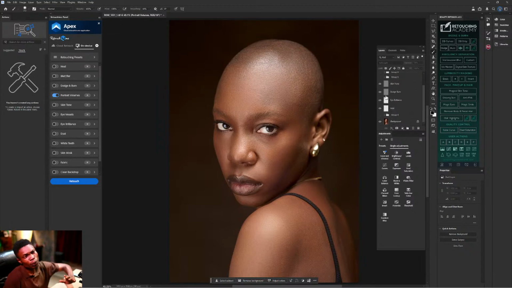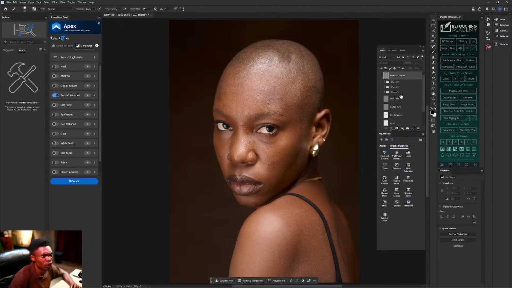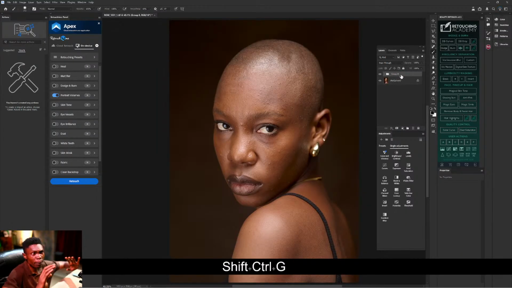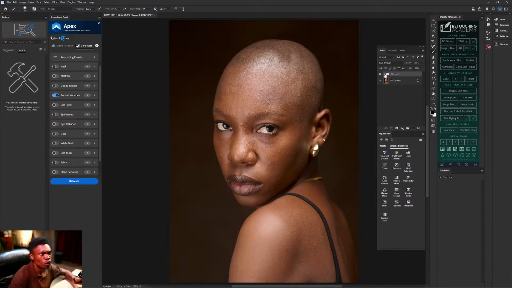I wan see whether we fit do micro dodge and burn retouching. We don finish our normal dodge and burn wey carry us come out class today. Make I group all of these ones dem wey I don do. Make we see whether we fit do micro dodge and burn. This thing fit take us over 30 minutes. If una get my time, I get una time too. Make we fire down.